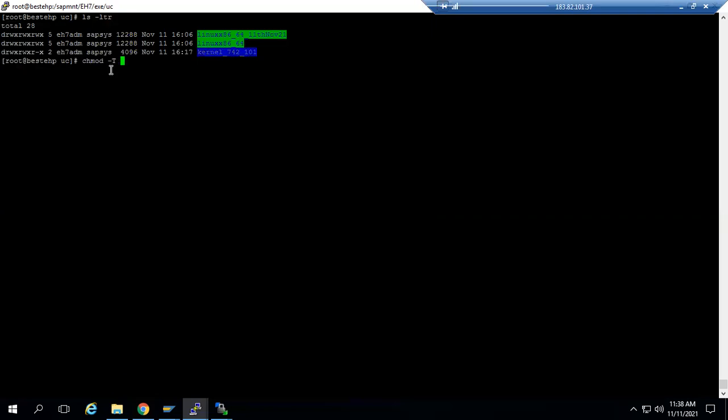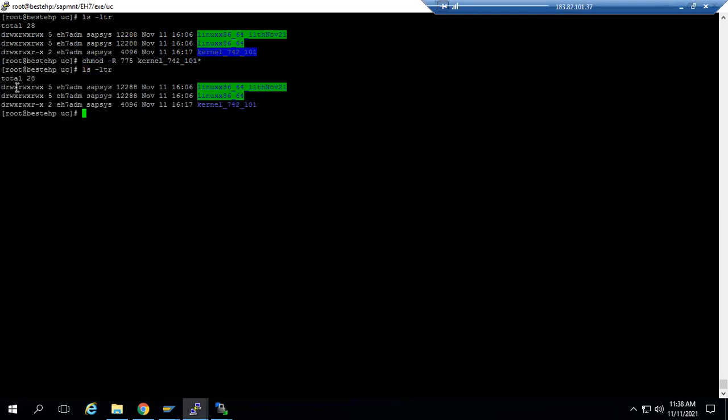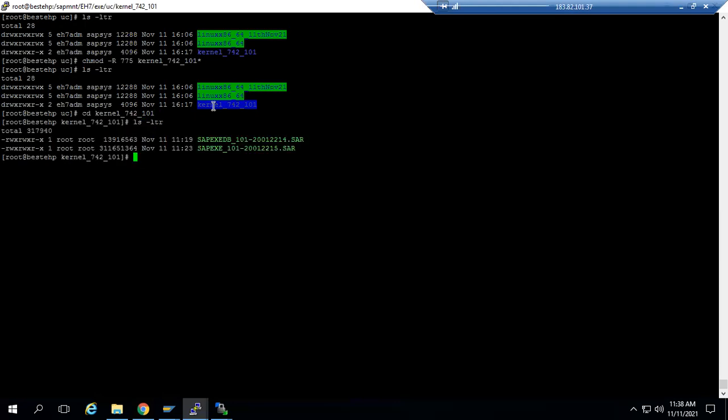chmod -R 775. If I put star, the inside files will also get it. We can see it got the permission. See, read, write, execute has also been given to the inside files if I put star. Okay. Now